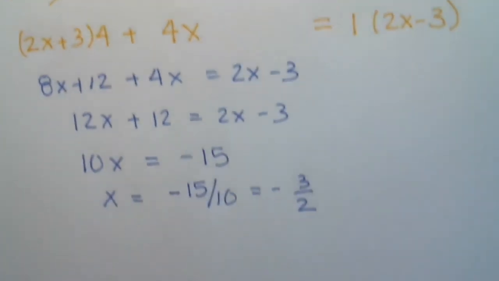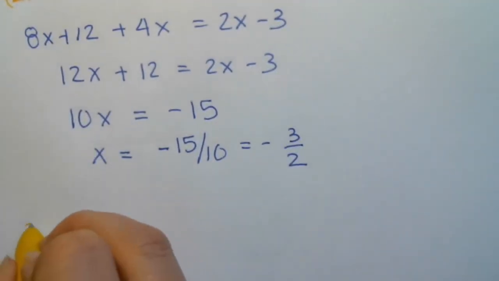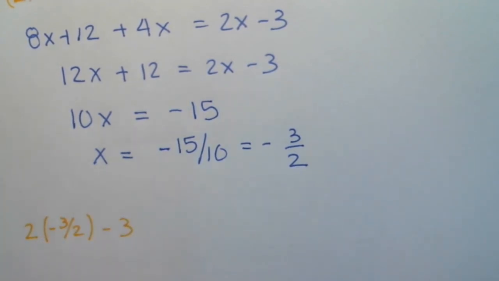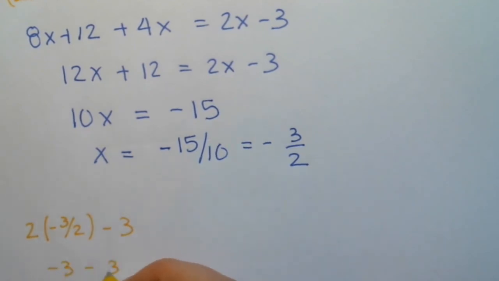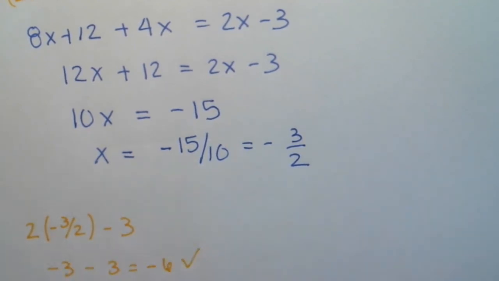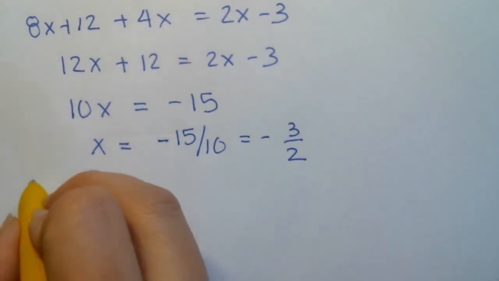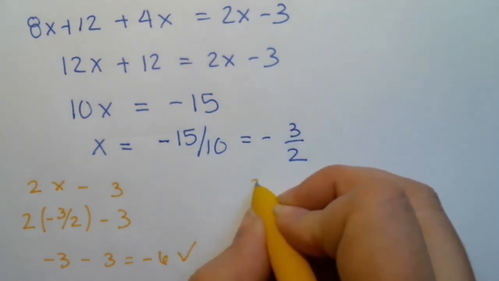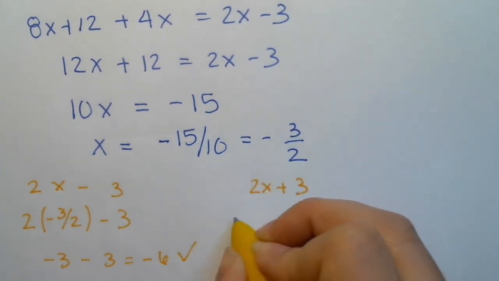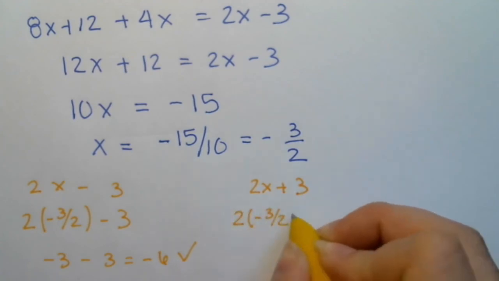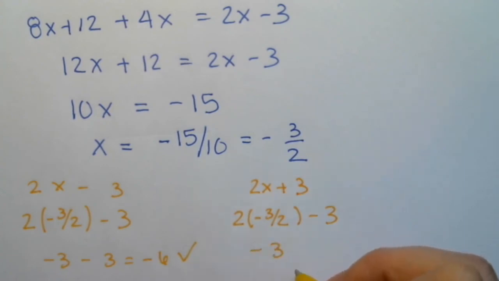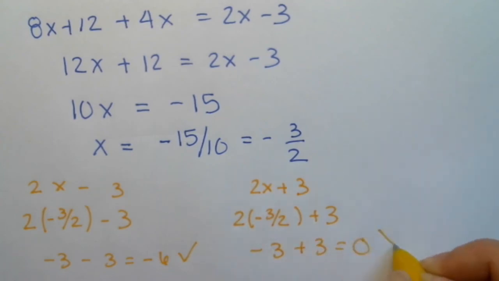Okay, so if you want to check plugging this in, right, I have 2 times negative 3 halves minus 3. Okay, so this is going to be negative 3 minus 3, which is negative 6. And that's fine, right, because it's not 0. Okay, so that was my first denominator, 2x minus 3. Then I'm going to check my denominator, 2x plus 3. Okay, so I have 2 times negative 3 halves plus 3. So this would be negative 3, oops, this is plus, okay, plus 3, which is 0, okay, and that's exactly